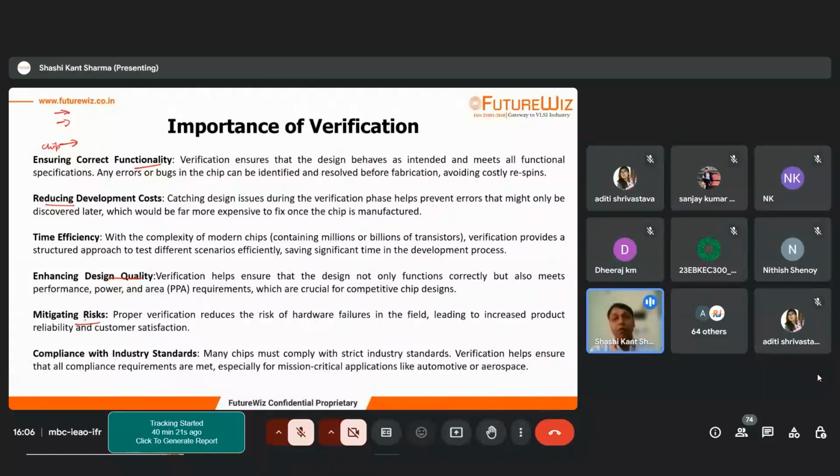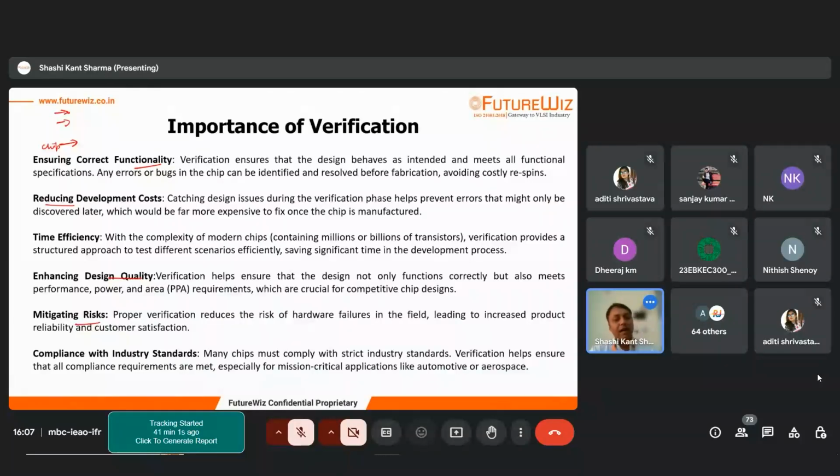Mitigating risks: we don't have any kind of risk if my design is perfectly fine, fully verified. Otherwise there will always be a question in our mind. Suppose I design a robot and it is not verified, and then I send this robot to do the operation. There will always be a kind of risk whether it will perform the right operation or not, right? But if it is fully verified in every scenario, then certainly I don't have any doubt on the particular